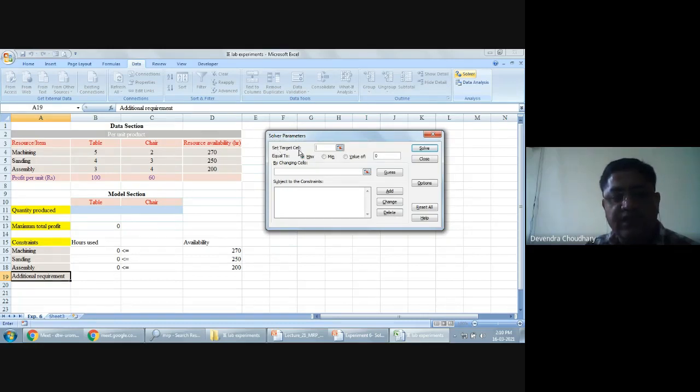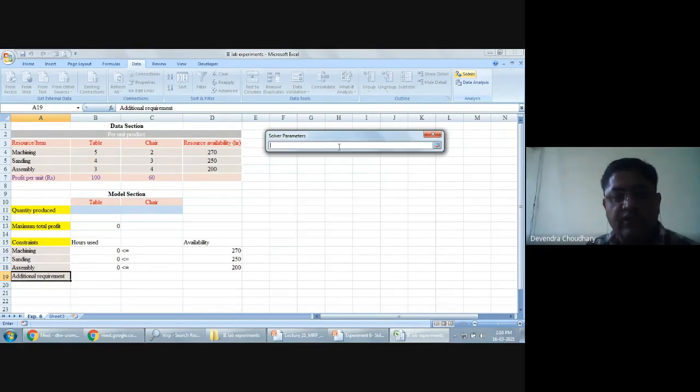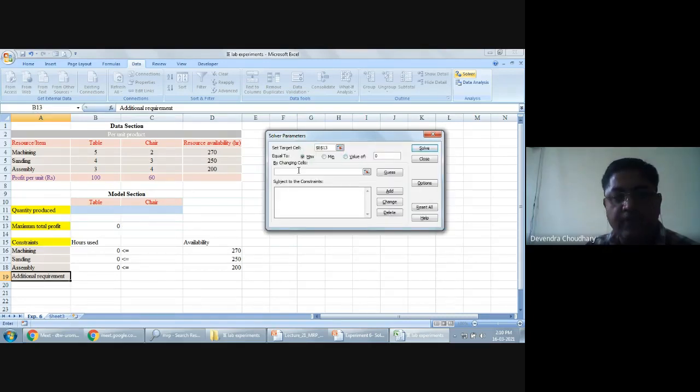Here a set target cell is given, which means we define the objective function here. So here it is our objective function, so we click on B13. Now this B13, we want to maximize or minimize? We want to maximize, so we click on maximize.